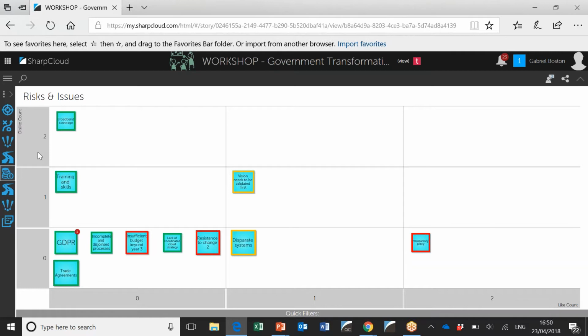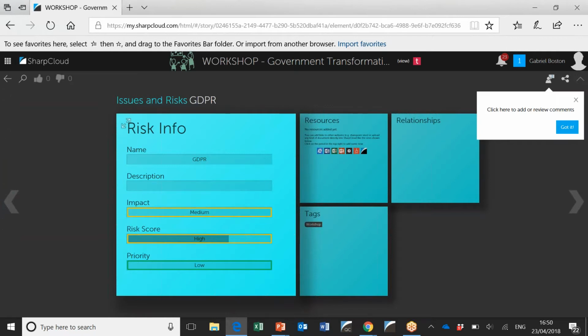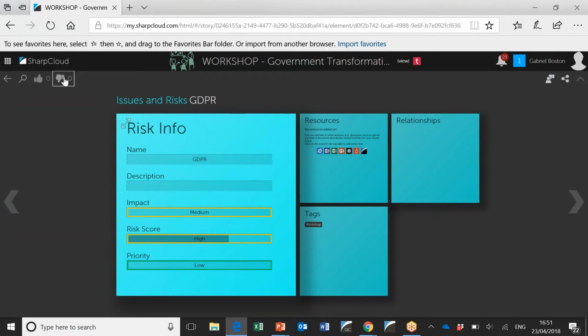And then he might start to think, actually, now I've got access to the story, I want to give a bit of feedback by liking or disliking these items. So one of the things you can do in SharpCloud is anyone who has access to the story with view permissions can open up an item, and they can do a couple of things to give their feedback. They can say, yep, I think this is a good idea, I agree with the risk, or no, I don't think it's a risk, there's something I disagree with. Now, it's a very black and white, or binary, way, or maybe not binary because you've got three options really, which is none or thumbs up, thumbs down. But it is a very useful way of saying, what is the opinion?